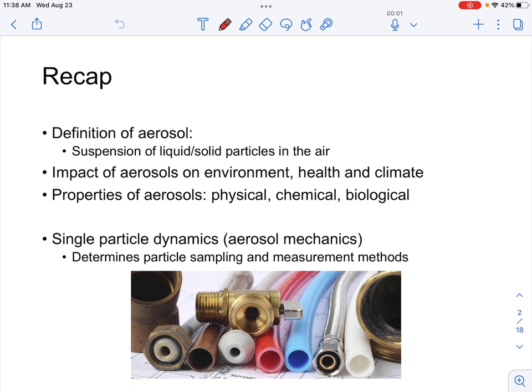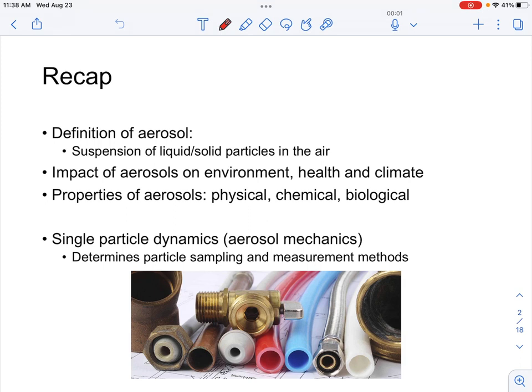Last class, we talked about the definition of aerosols. Basically, aerosols are suspensions of liquid or solid particles in the air. These aerosols can make an impact on our environment, which includes the air quality, human health, and also our Earth's climate. Through the climate effects, we further divide it into the direct effect, which is about the scattering of the solar radiation, and also the indirect effect, where these aerosols form clouds and further reflect the radiation